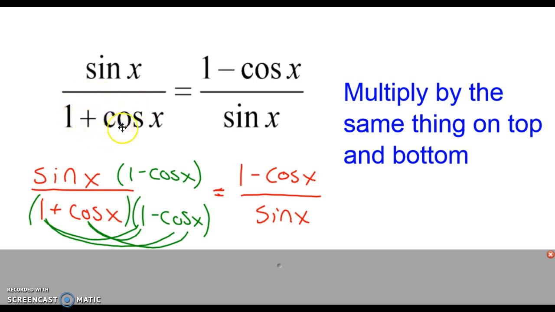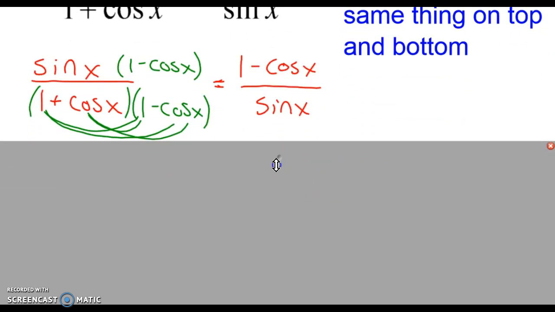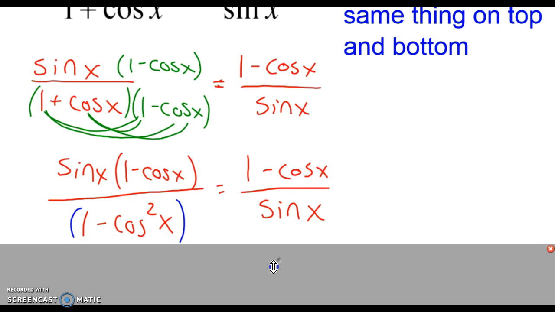So what I'm going to do is take this fraction on the left and multiply it by the conjugate of the denominator. And if you remember conjugates, here I've got a 1 plus cosine x. I'm going to multiply it by 1 minus cosine x, and then I'm going to do the same thing to the top. And I'm going to leave the right side of the equation alone. So you can see what happens here when I do this, and here's the reason that I do this, and this just takes practice to recognize when this will happen. You just need to try a lot of problems so you can see this,